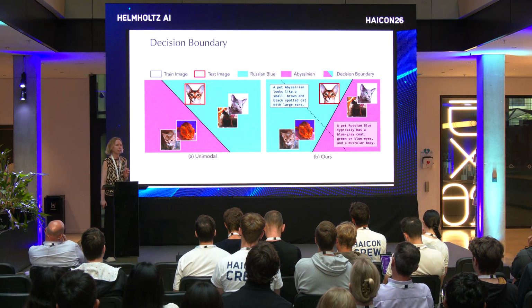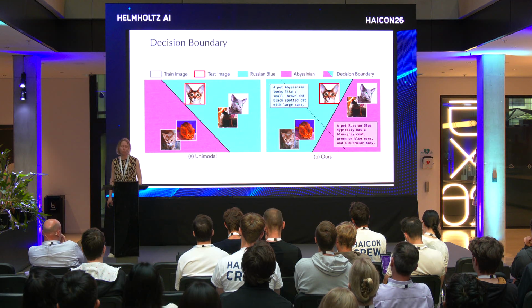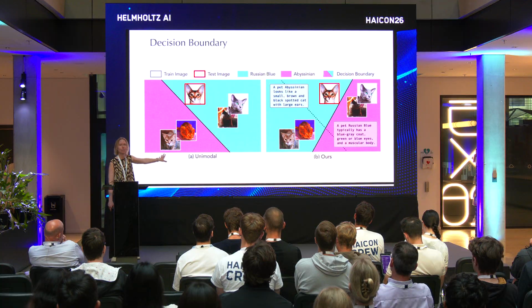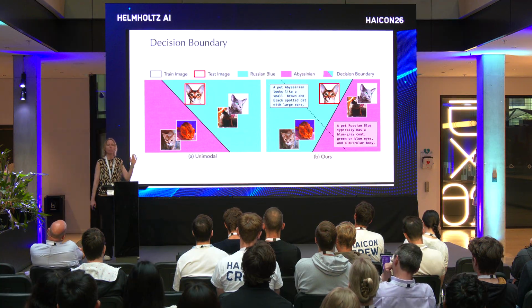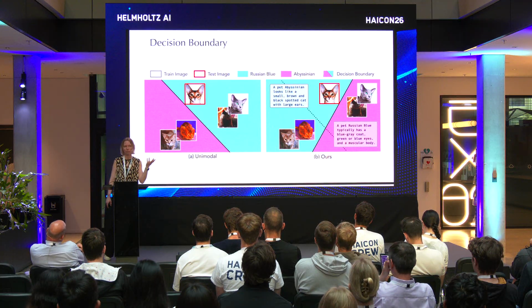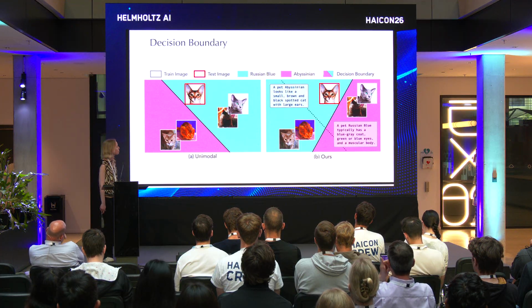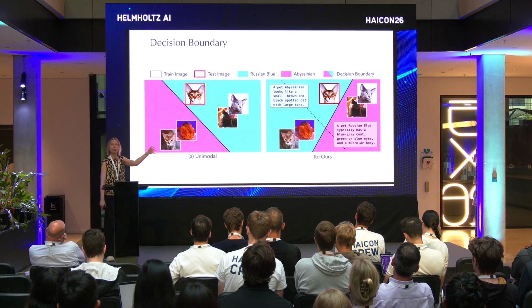Here's some visualization. So you may wonder, okay, what does it actually do? How does it work? I have two illustrations to give a little bit of an intuition. This illustration is from classifying cats, but it illustrates how the decision boundary changes if we add the text modality. This is for the image classifier, but now we also feed text through that same backbone. On the left side is when we just do a unimodal model.